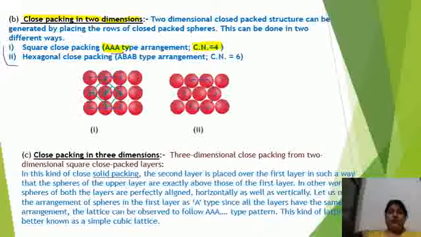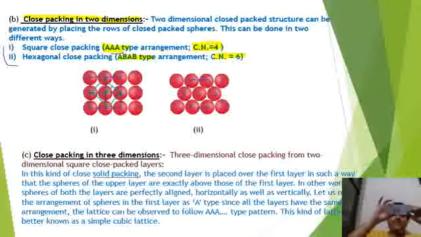While in hexagonal close packing, second type is hexagonal, that is ABAB type. AB type means पोइट्री देखिए कैसे होती है. 1 लाइन 2, 3, 4, एक के बाद एक और जो होती है वो सेपरेट होती जाती है. फॉर एग्जाम्पल, अगेन आई एम गोइंग टू शो यू. दिस इज द टाइप ए, दिस इज द टाइप बी.